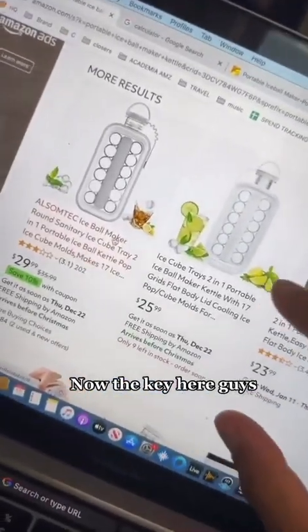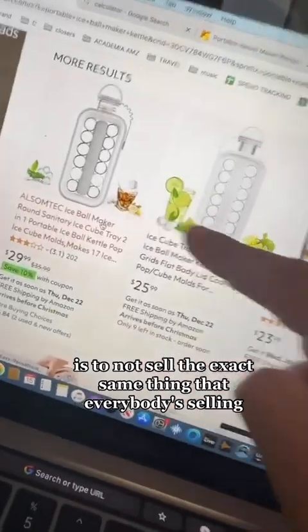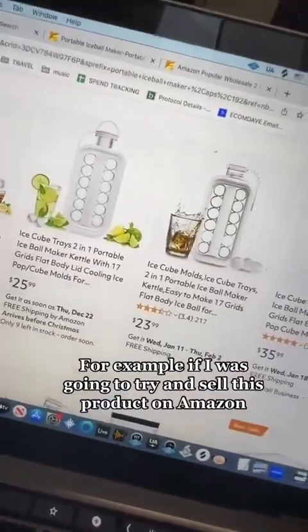Now, the key here, guys, is to not sell the exact same thing that everybody's selling. For example, if I was going to try and sell